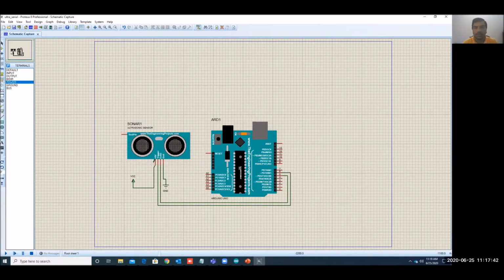So now I have given supply to the sensor, and I have connected ground to the ground, the trigger pin I have connected to 6, and the echo pin I have connected to 5.